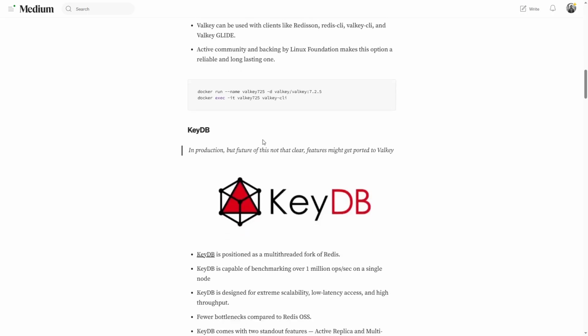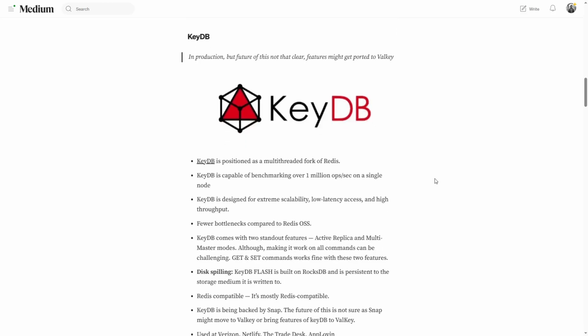So this can be a very good alternative if we are looking for an open source version of Redis to be available to our system. Then we have KeyDB. Again, this was built at Snap. Snap built this, and it was positioned initially as a multi-threaded fork of Redis,